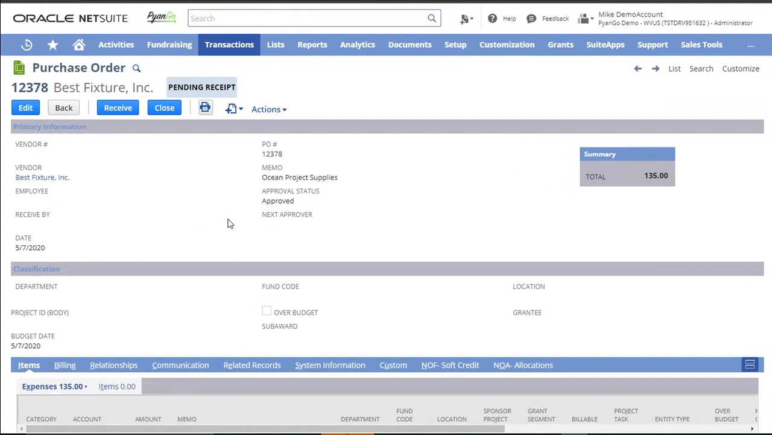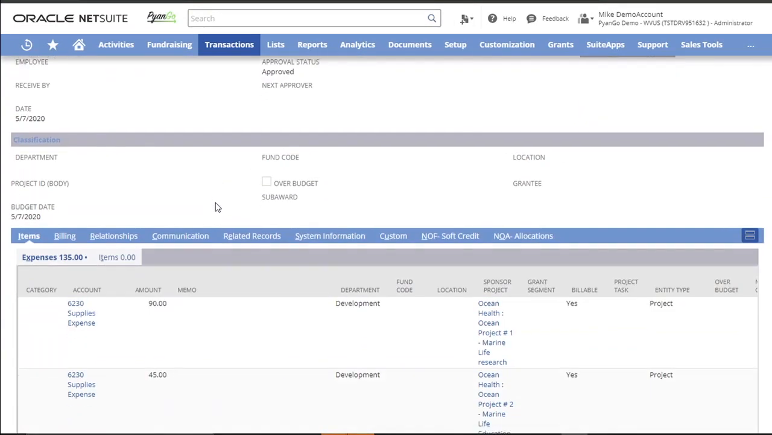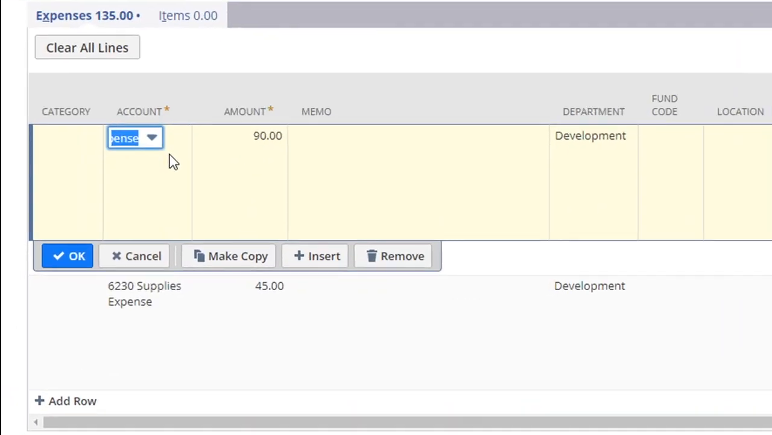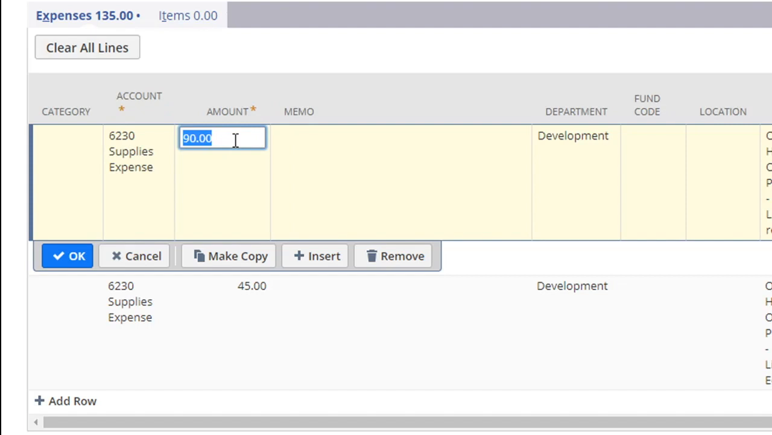We're looking at a standard purchase order within NetSuite, and we've got a couple of line items on this purchase order for two different projects, Marine Project number 1 and Marine Project number 2, and we're ordering supplies for both of those different projects. Each time we edit a transaction, we can change the amount, and PyanGo will do a